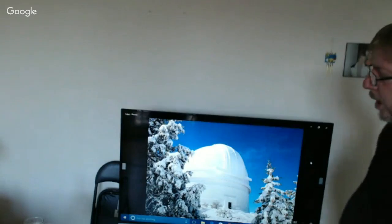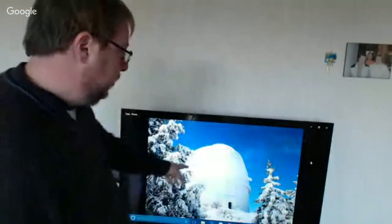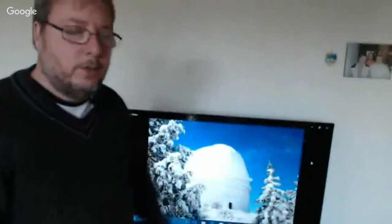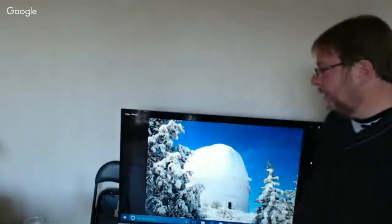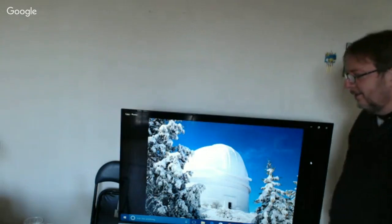So, technologies to watch the universe. What do we have also? We have telescopes. This is the Palomar Telescope in California. I remember when I was about 10 years old, and starting to read astronomy books,